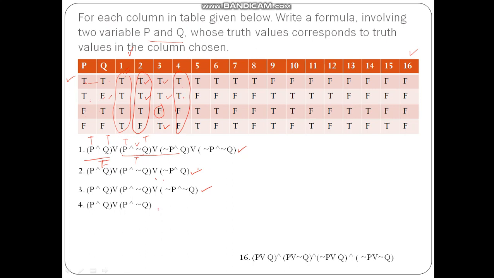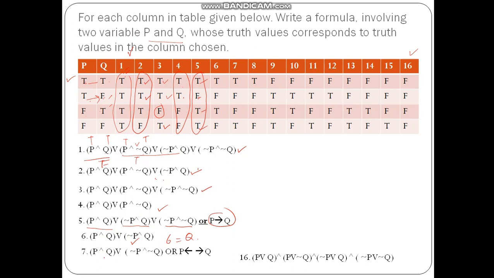So that is here. Fifth one is somewhat interesting for me. It has two possibilities. One is P and Q or not P and Q or not P and not Q, or P implies Q. You can see here P implies Q. Whenever TF is there, at that time output is F, otherwise it is true. So you can write it in any way. Sixth number is TF. So you can say it is Q directly. You see here Q is TF, 6 is also TF, or otherwise you can write it in this way.